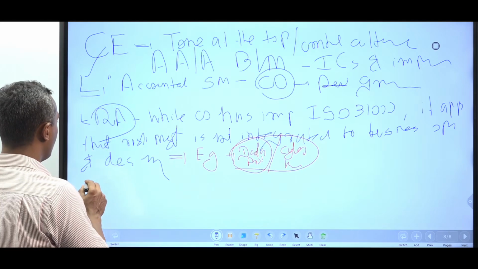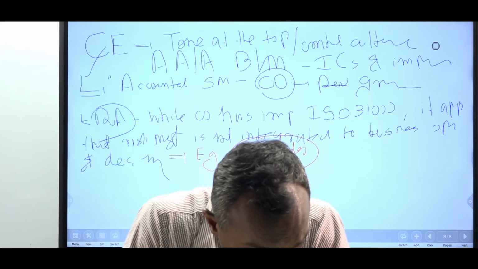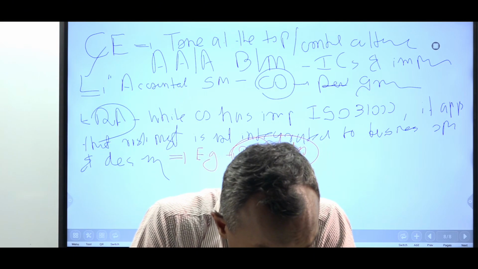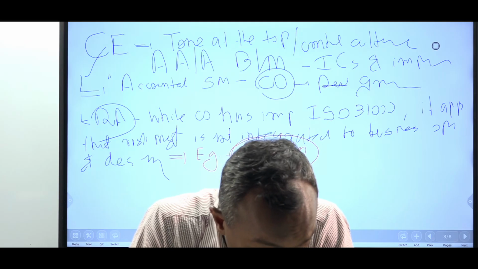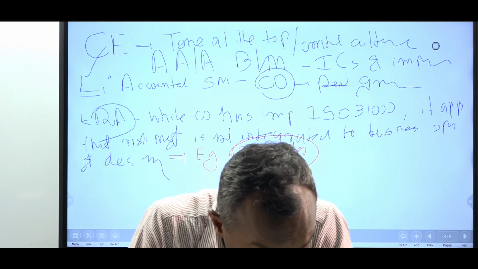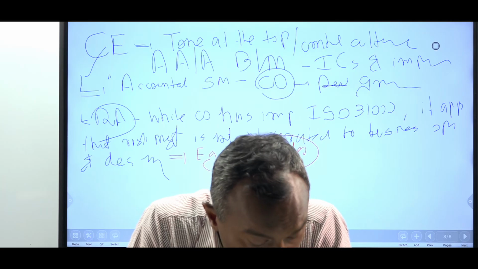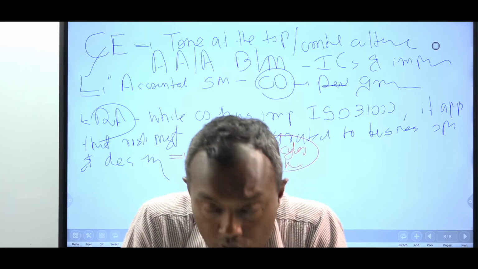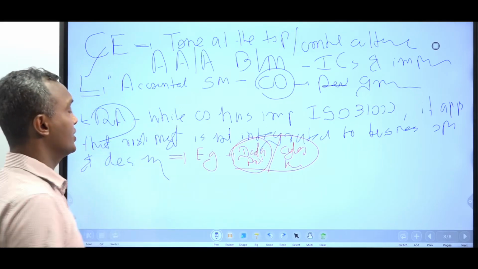Then the third one. Remember, we are writing part C: evaluate the effectiveness of the control system of HFL using the COSO framework and analyze the extent to which reliance can be placed on the system in the context of the proposed acquisition. So we are talking in relation to the acquisition in these questions. Then